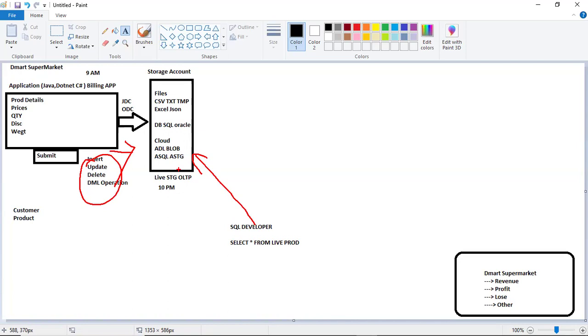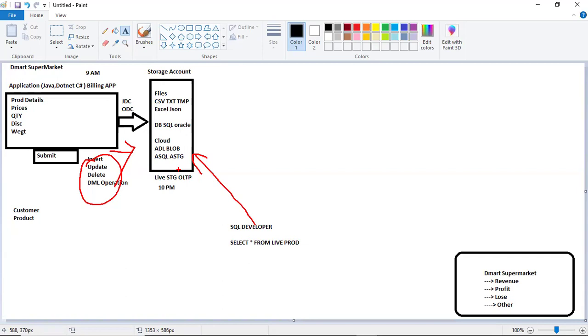So the most important part is that we don't store historical data here. You can store maximum 1 week or 1 day of data. In our company, we store only 1 day of data, date-wise. But in some companies, which I have seen in IBM, they maintain only 1 week of data, not more than that, because they have big servers.